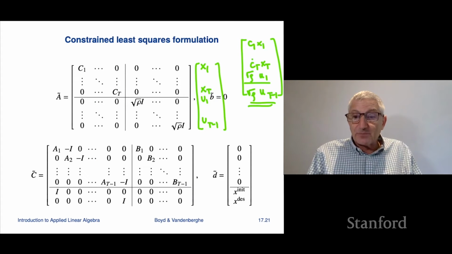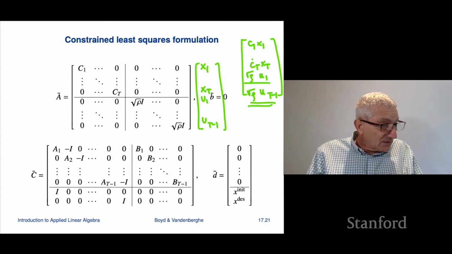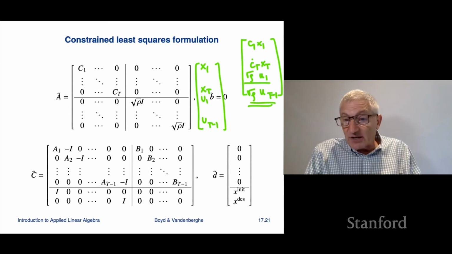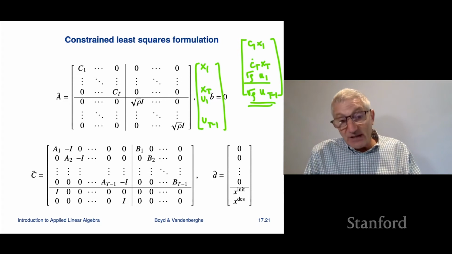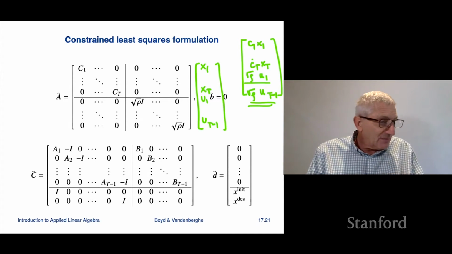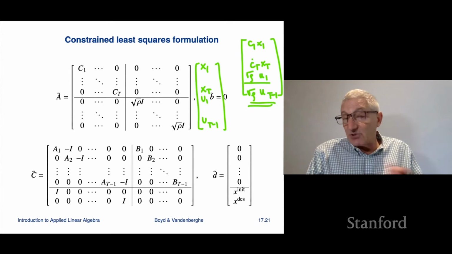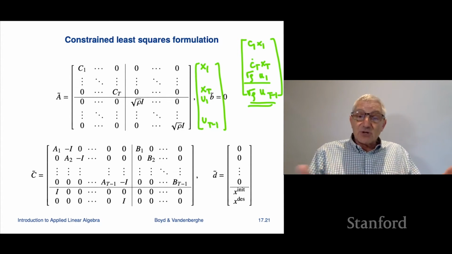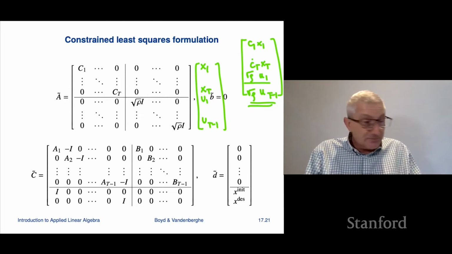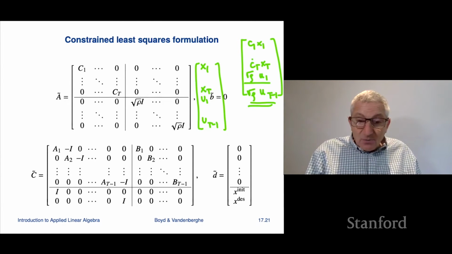Okay? So that's how to write it. Oh, and b tilde is 0, so there's no target. Actually, we could have b tilde non-zero. That means that you want your states or whatever to track a given trajectory. By the way, that also comes up in practice. But anyway, okay. Now we're also going to write